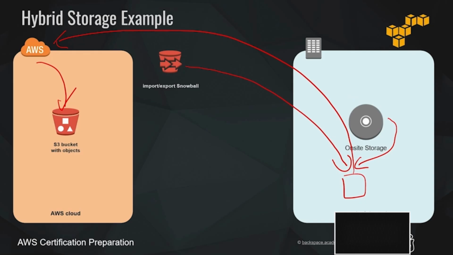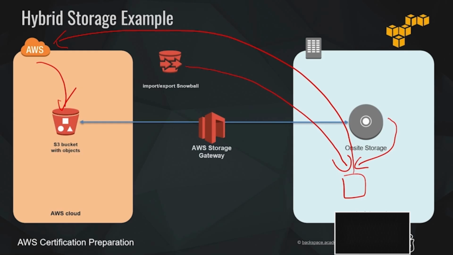Then we've got to find a solution for making sure that the data in our corporate data center is synced with our AWS cloud. That's where the AWS Storage Gateway comes in, and that will orchestrate all of that for us. If you have a high-speed link between your corporate data center and the AWS cloud, which you can with the AWS Direct Connect service, you can have the AWS Storage Gateway orchestrate and manage that all for you.